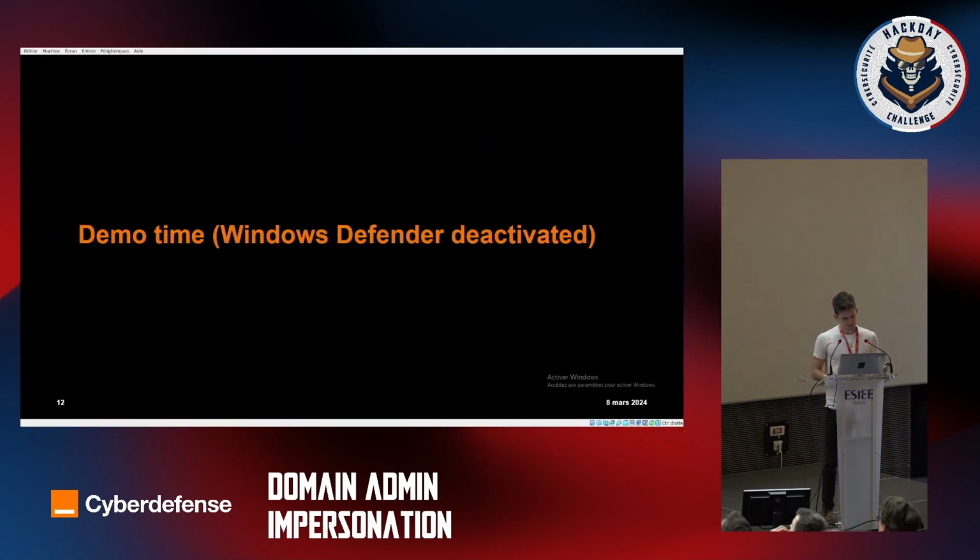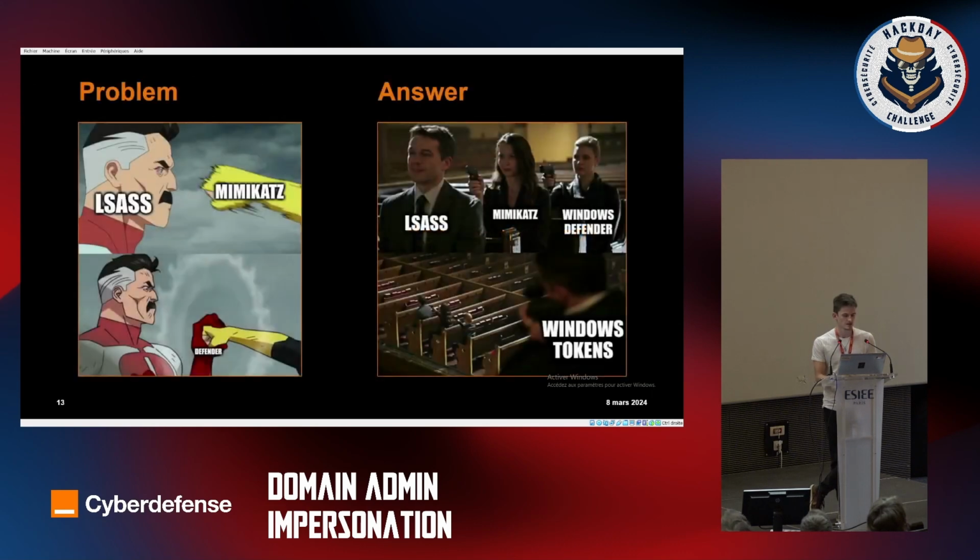Now the thing is, I specifically told you that I disabled Windows Defender because I didn't want it to be harassed by the antivirus. So we've got a problem here. In an internal pentest, you will not hopefully see computers that are not protected by any antivirus or EDRs, which is the problem. Now the answer is, if you're not able to dump the LSASS process